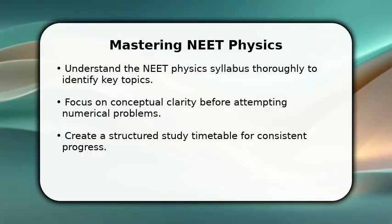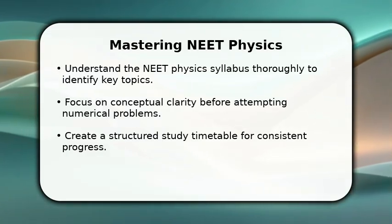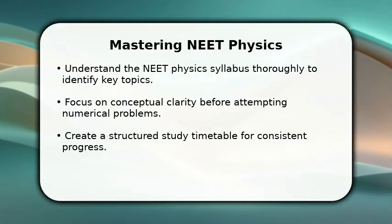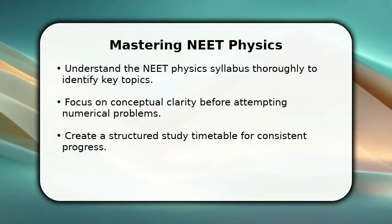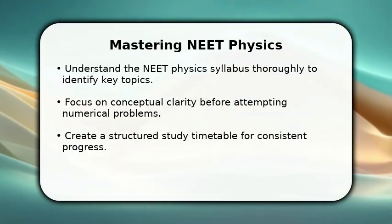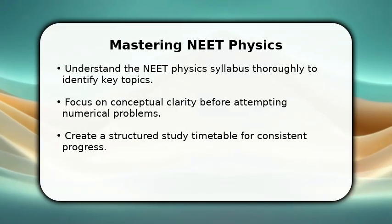In this video, I will explain how to study physics for NEET effectively. First, thoroughly understand the NEET physics syllabus to identify key topics and their weightage. Next, prioritize building strong conceptual clarity before attempting any numerical problems. Finally, create a structured study timetable, dedicating at least 2 hours daily to physics, ensuring consistent progress and comprehensive coverage